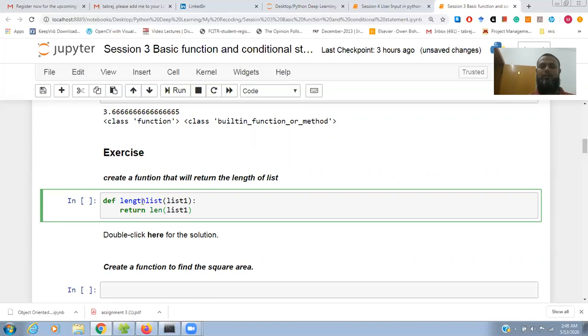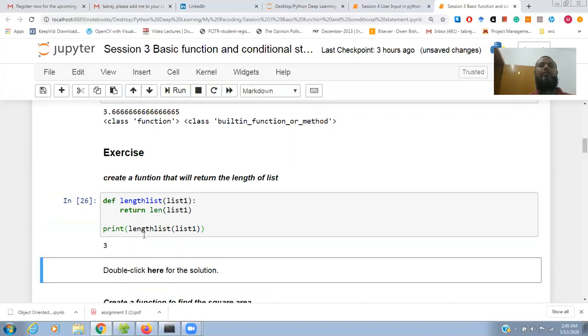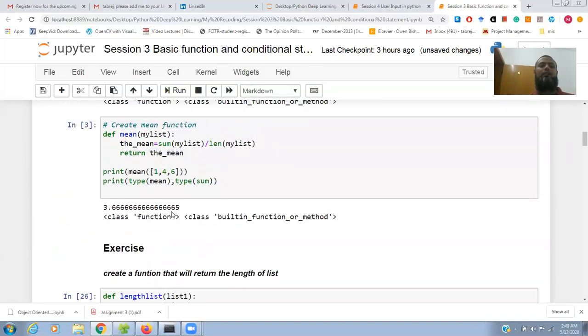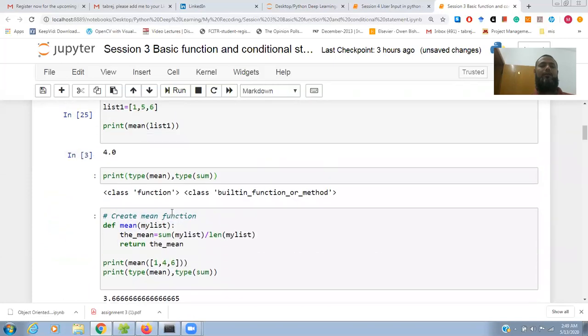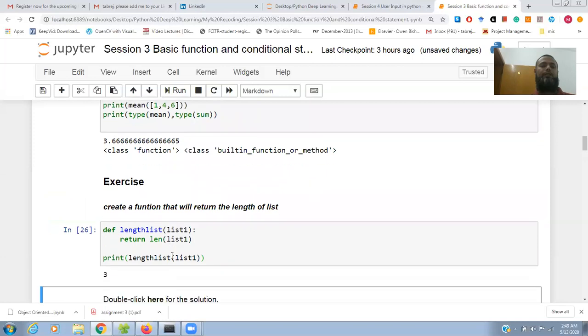If you run this with print, and pass the value list 1, then you can find the answer. It is 3. So the length is 3, because we have 3 items in list 1: 1, 2 and 3.